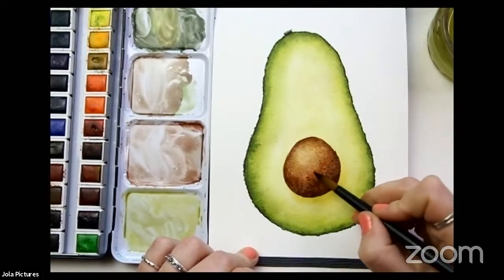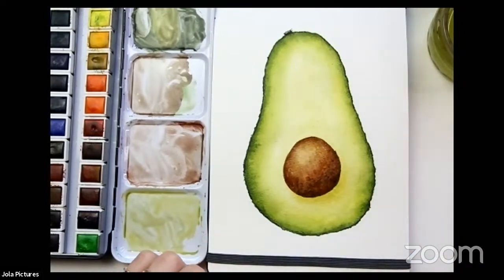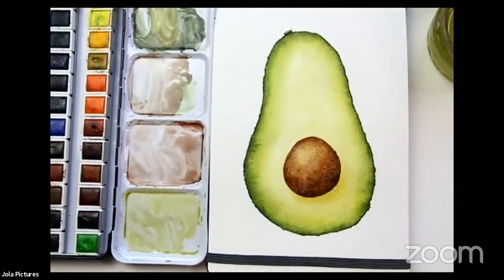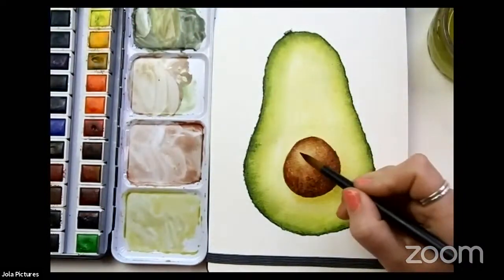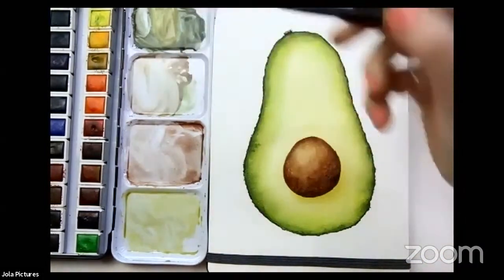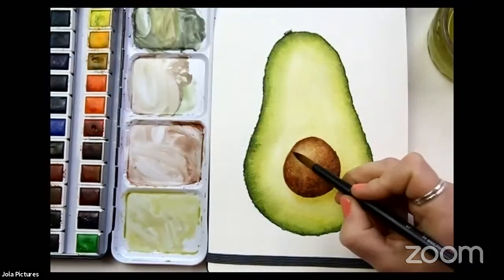Do you have any suggestions to avoid overworking the blending, or fixing overworking? Sometimes I feel like my blending becomes a bit of a mess. Yes, it's very easy to make a mess. I totally understand that. I still mess my paintings up a lot. I think genuinely it's just doing it more and more and more. I know it sounds a little bit dire, but that's honestly the only advice I can really come up with. Just focus on, for example, one subject like the avocado,